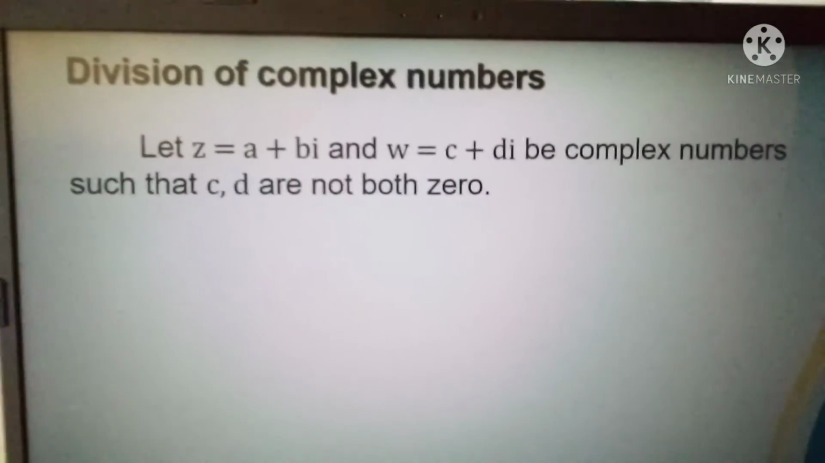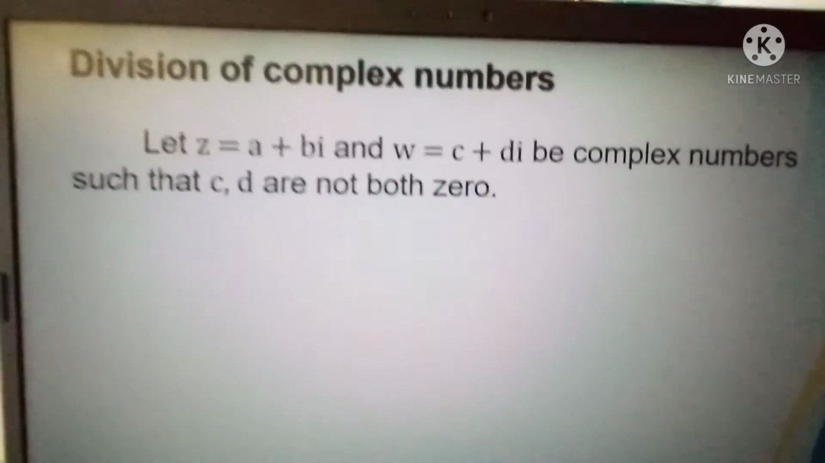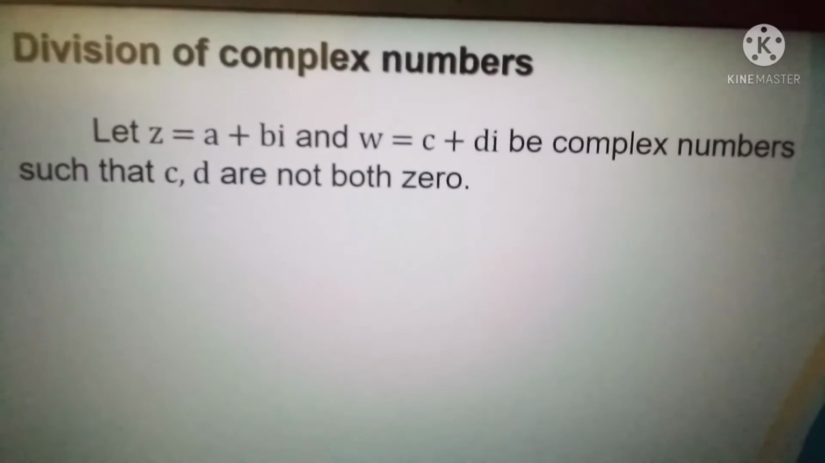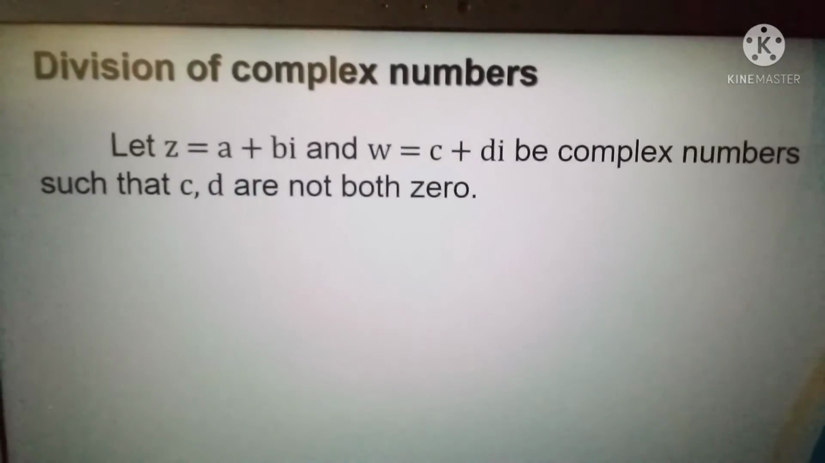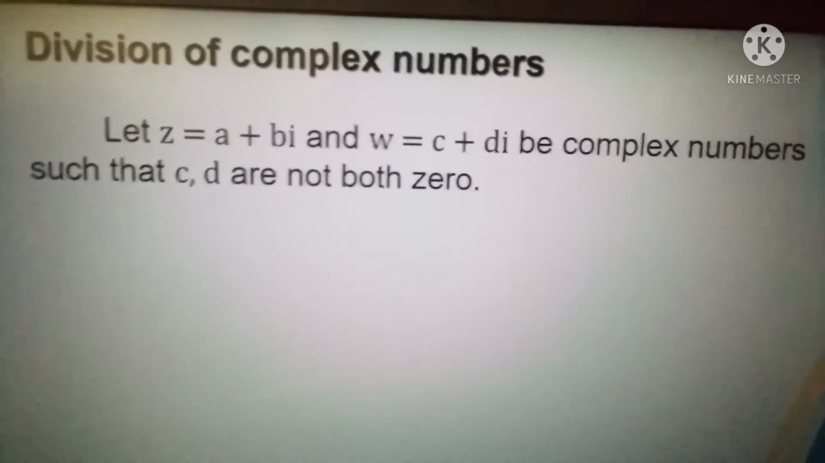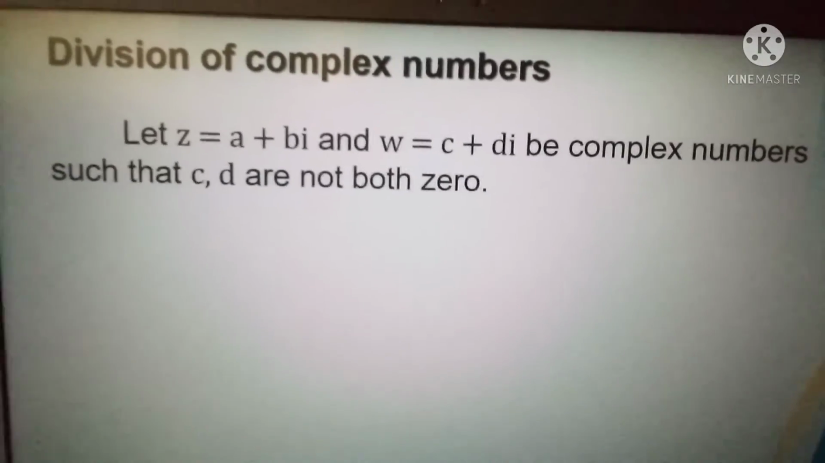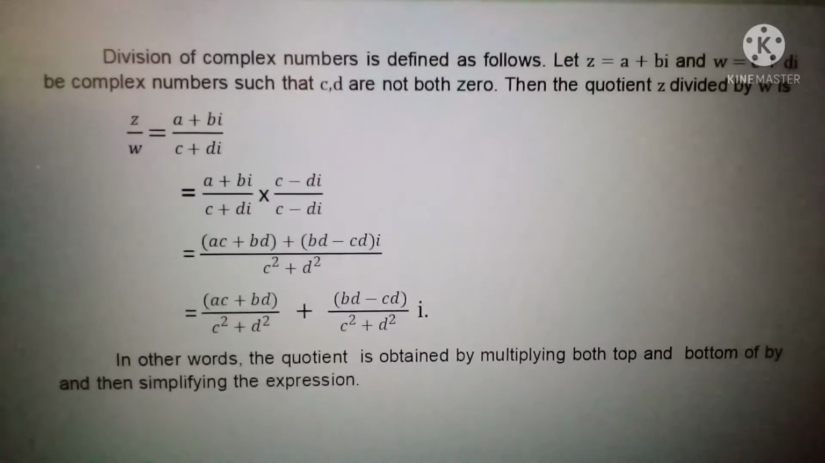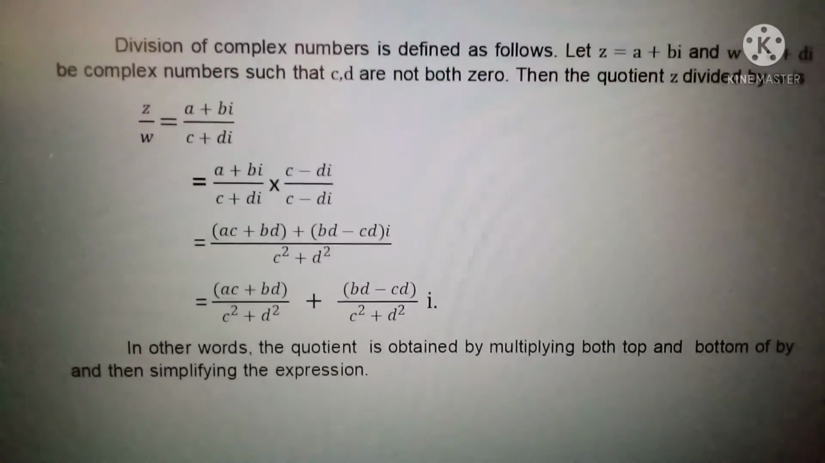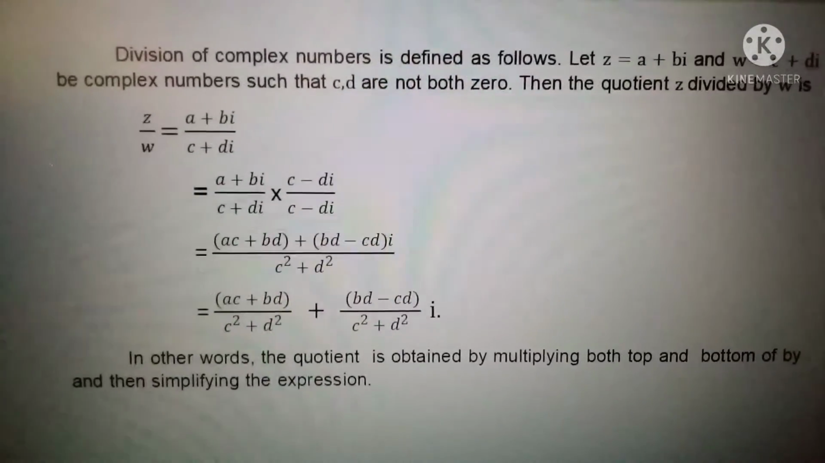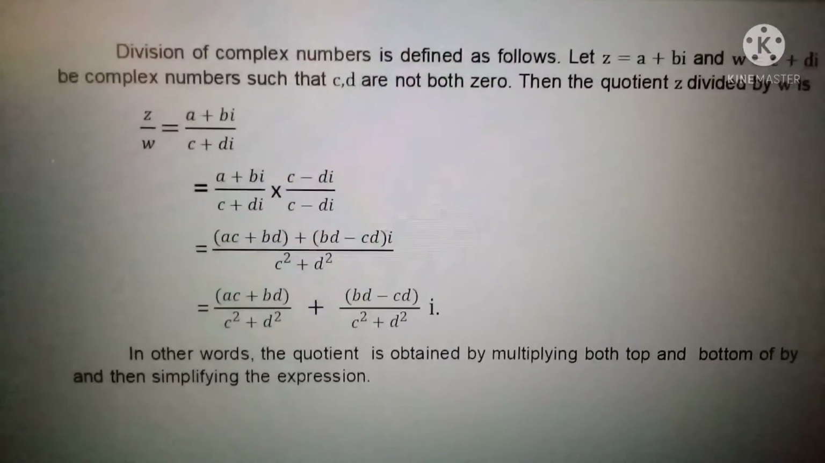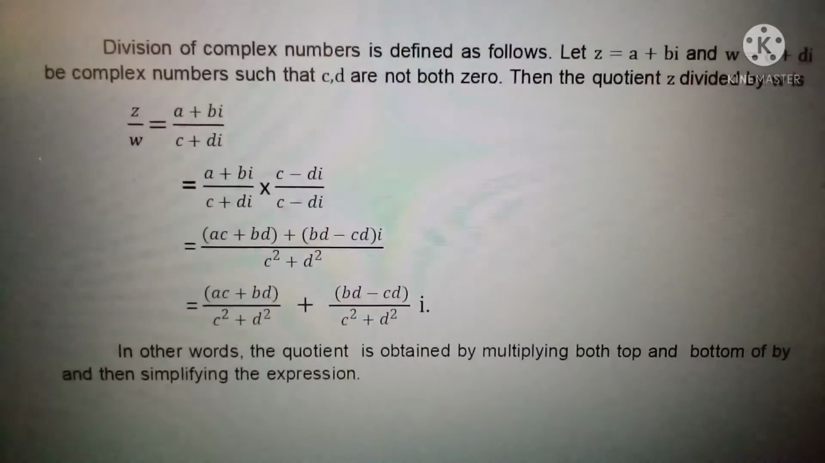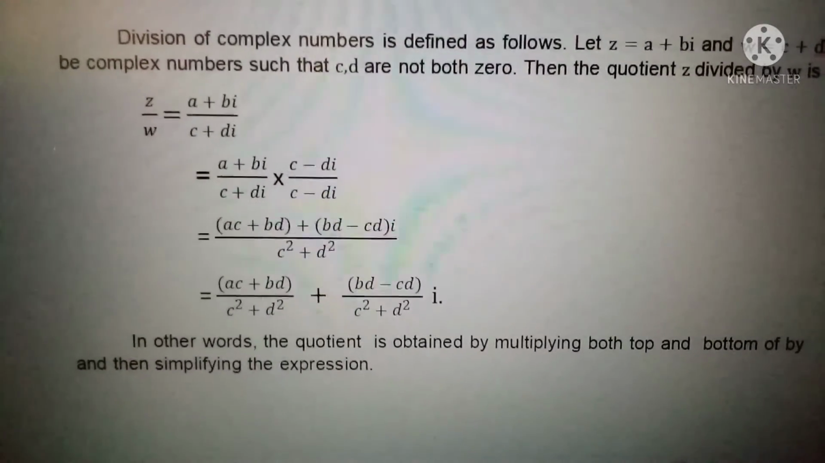So, we have division of complex numbers. Let z is equal to a plus bi and w is equal to c plus di be complex numbers such that c, d are not both 0. So, division of complex numbers is defined as follows. Let z is equal to a plus bi and w is equal to c plus di be complex numbers such that c, d are not both 0. Then the